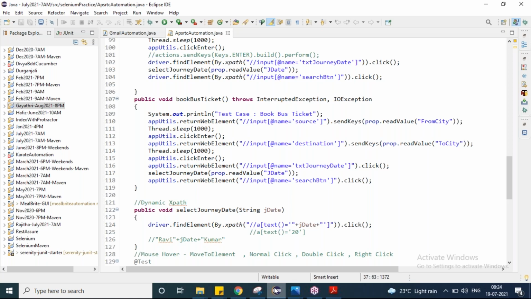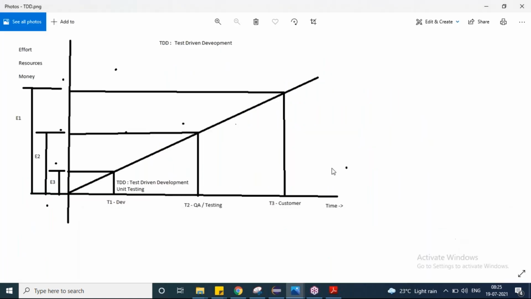Generally, the developer will always think positively and test only a certain part of the code, right? With that, what happens is the developer is not focusing on the testing. As a result, there is a big loss happening to the team. If you see this small analysis that I have given, this is what will happen.